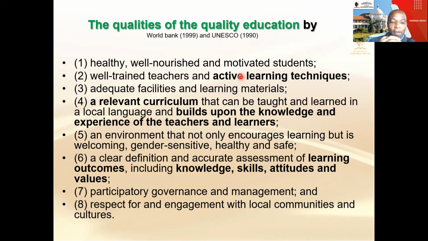That's what we needed there. And number six there, so that was the curriculum that was going to be driven by outcomes, but making sure that those outcomes are categorized into knowledge, skills, values, and attitude. And then we wanted also to promote participation from different people, that people must participate. So NGOs and everyone who is interested in our education should be able to participate. That's why they call this thing participatory governance and management.